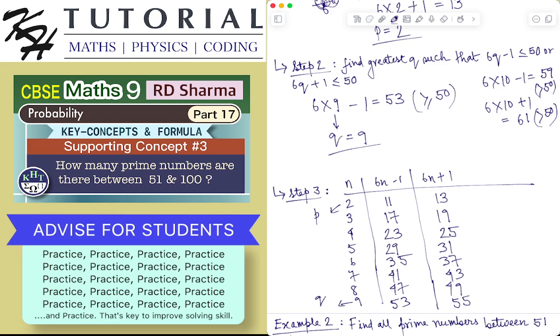Now, of all the numbers 6n minus 1 and 6n plus 1, I will see how many are prime numbers. So this is prime, this is prime, this is prime, and so on. So how many prime numbers are there? 1, 2, 3, 4, 5, 6, 7, 8, 9, 10, 11, 12. So there are 12 prime numbers between